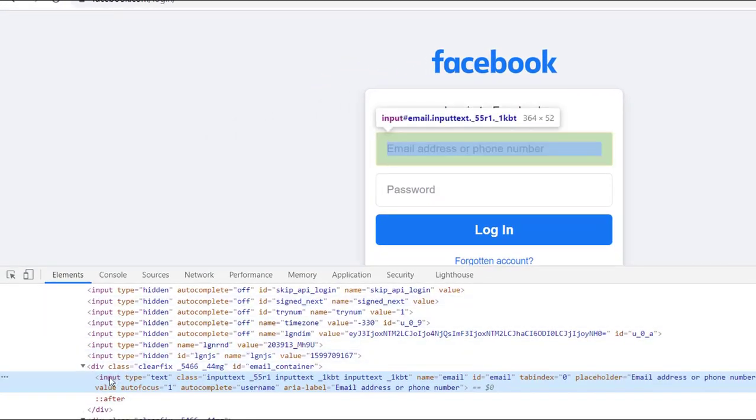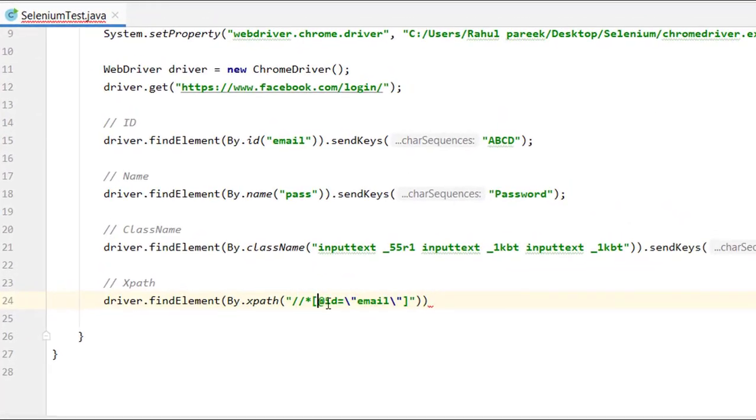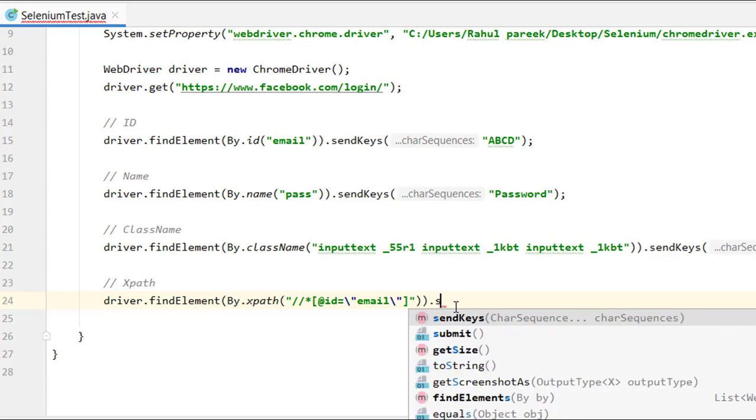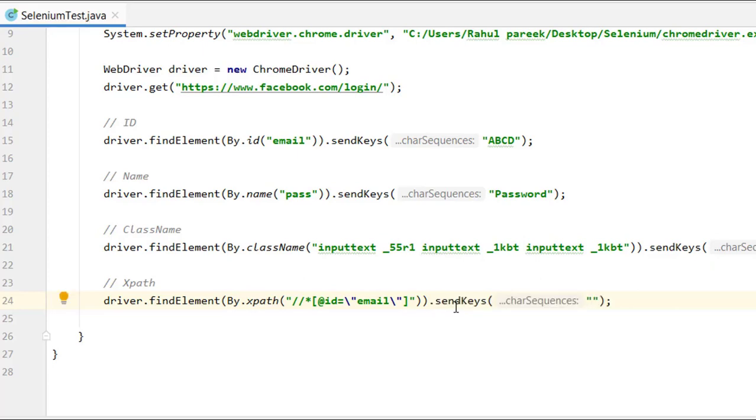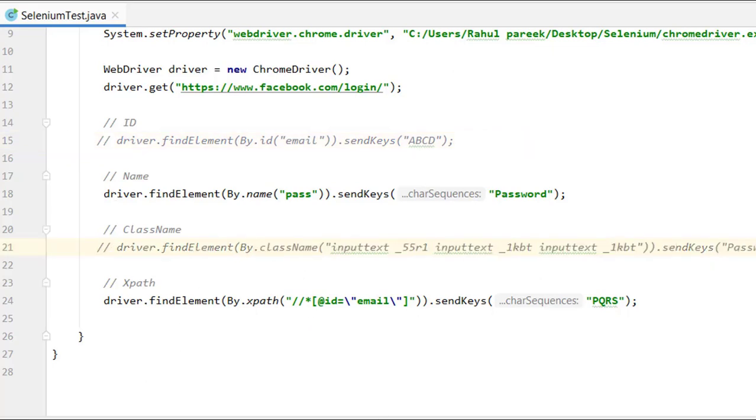As we are working with the input, it is showing this ID email in here, and then if we do dot send keys, let me enter some values again. Let me enter PQRS. For now let me comment this, then password is also fine, then find element, let me also comment this, and then we will see if XPath is working correctly or not.